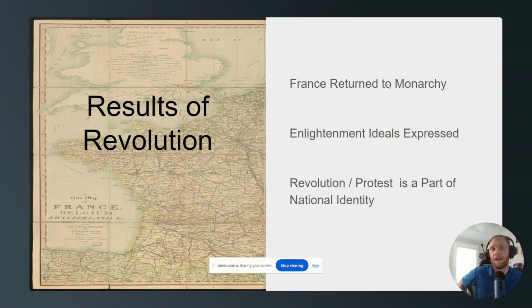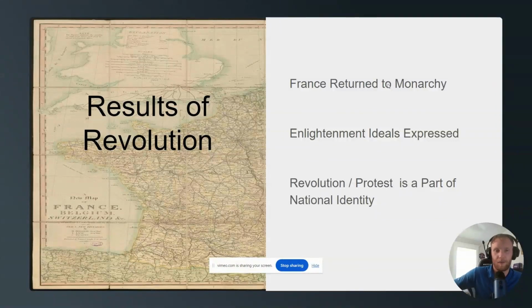But in the meantime, it was also a great display of the Enlightenment ideals from the enlightened philosophers like John Locke and Jean-Jacques Rousseau. You saw the Enlightenment ideals in action; they were expressed, and we still use that to study today. It's in all of our legal codes. It's in their legal codes. You have the rights of man. All of those things were expressed and enacted, right?